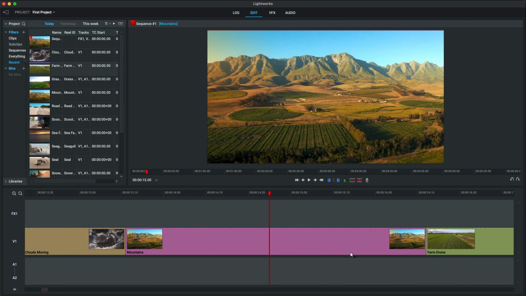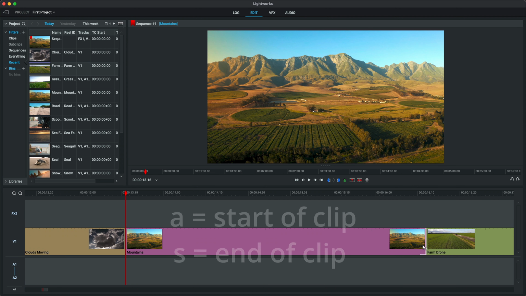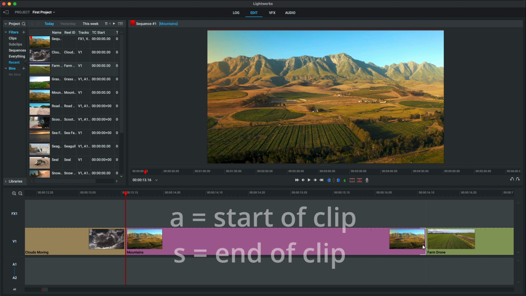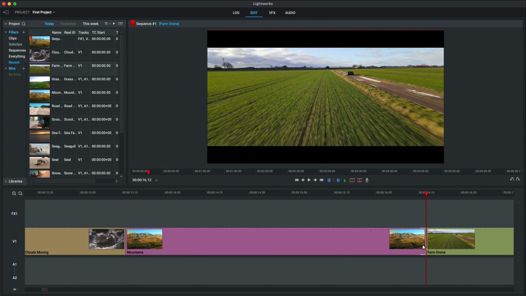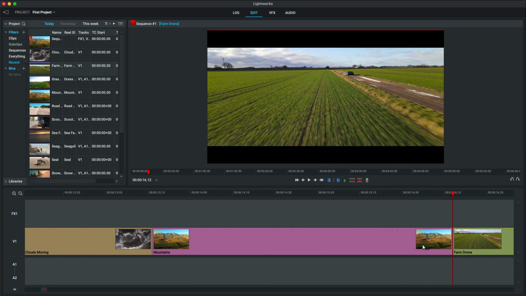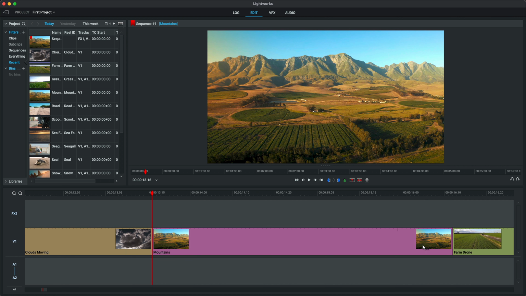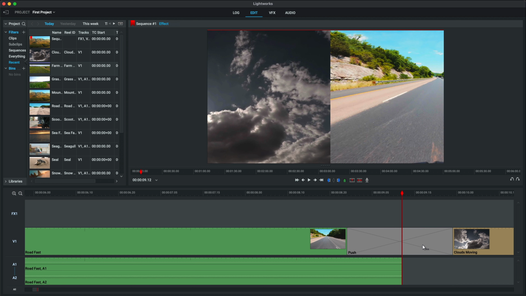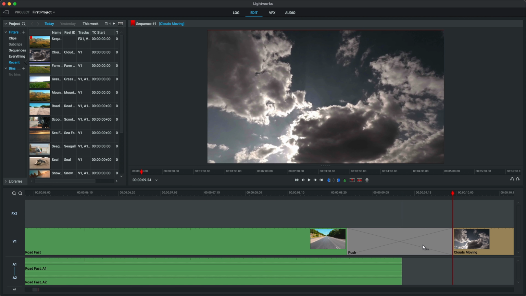I'm going to move my mouse to the end of the mountain clip. Now, a really good tip is pressing A and S on your keyboard to move the playhead to the start and the end of a clip. You can actually just press S and it will go to the end of each clip, or you can press A and go to the start of each clip. Really, really useful. In this case, I'm going to use S and go to the end of my mountains,